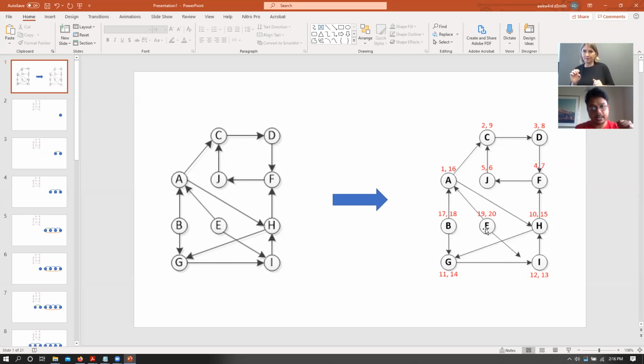But always remember that this particular exploration is dependent upon the node that you start from. If I started from B, B would have explored G, and then I, then H, and then F, and would have covered this entire subcomponent of this particular graph, right? So it also matters from where we start our search, and we'll come to this when we talk about strongly connected components, but you are right. So if B did not have any children, it would still have the same pre-visit and post-visit numbers.